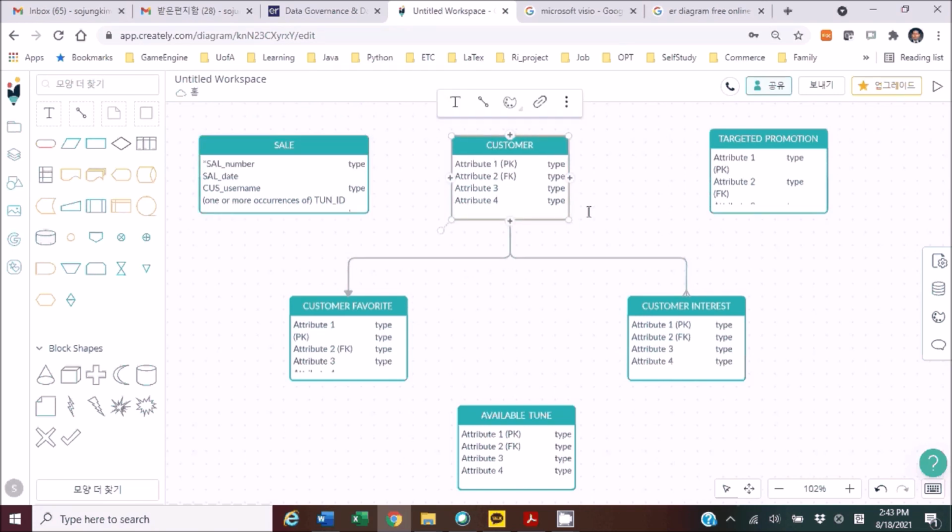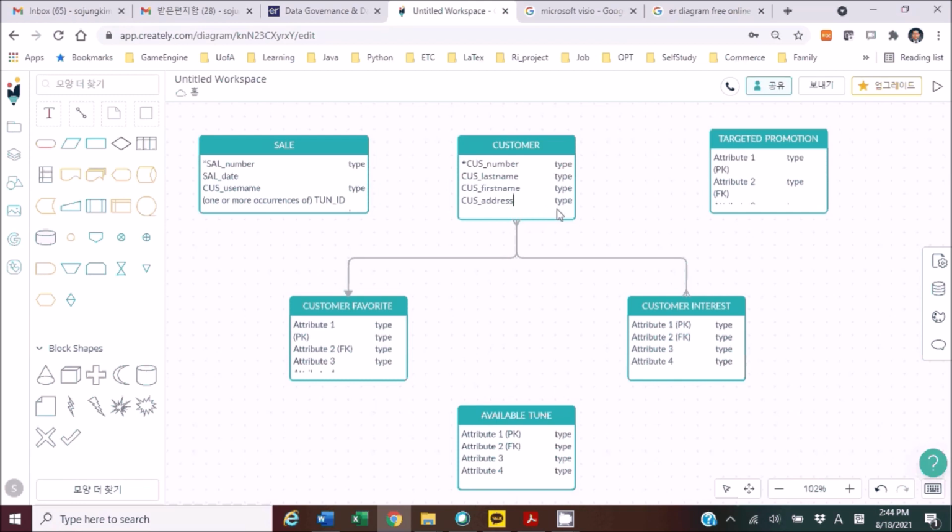Got it? What about customer? We have multiple attributes here: star, customer number, next customer last name, and also customer first name. And what about this? Customer address,